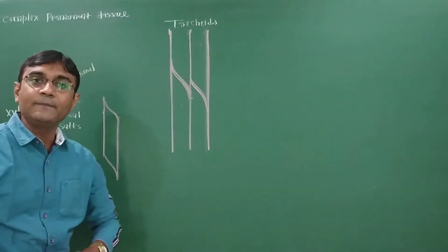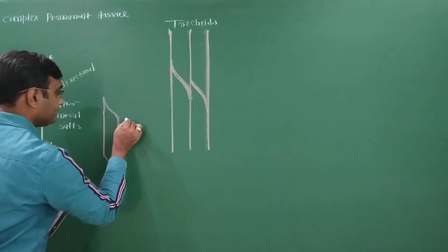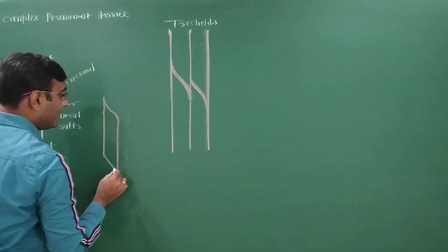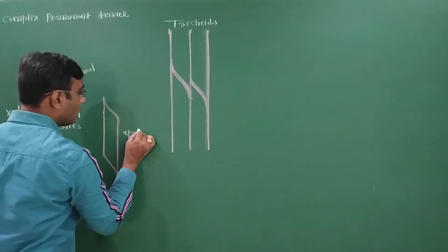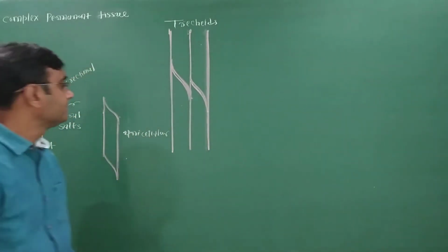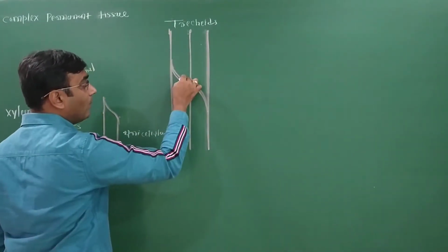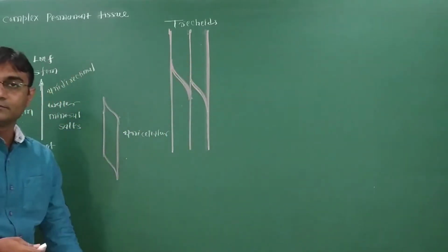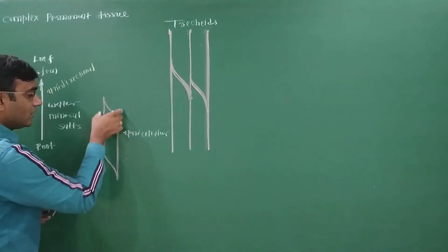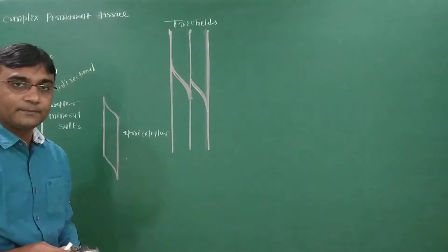Now we draw the vessel next. What is the structure of trachea? Trachea is long, cylindrical, with tapering ends, and unicellular. Unicellular trachea are arranged one above another. This is the common wall, which is closed. It has no pore structure. Each and every trachea is long, cylindrical and their ends are tapered.